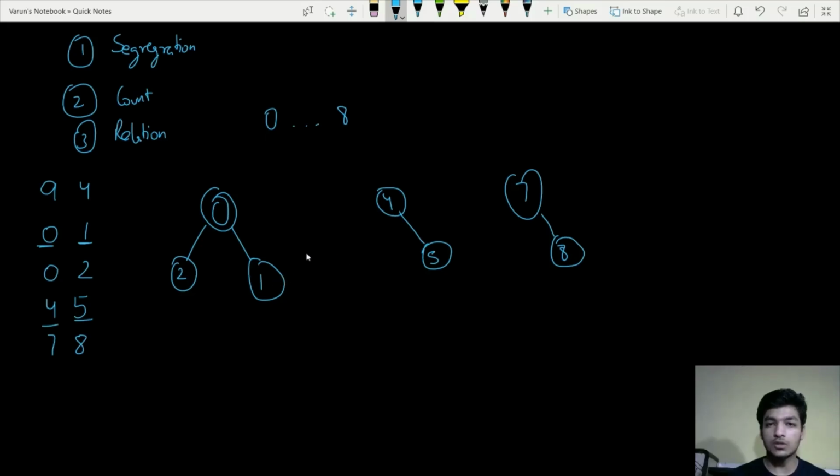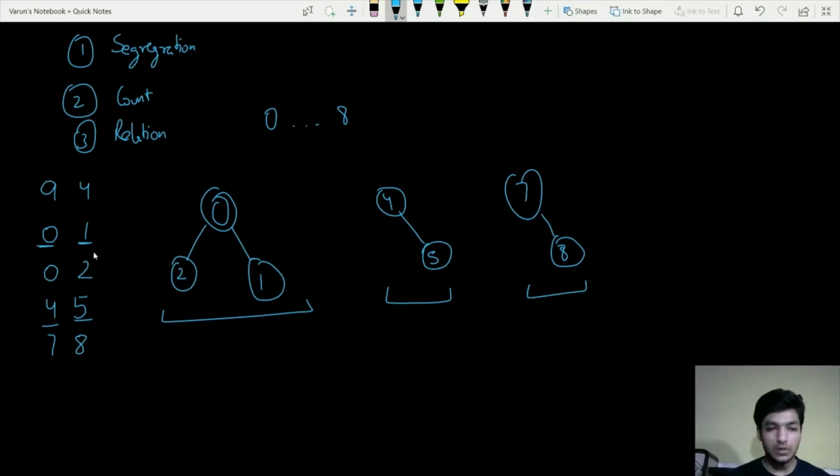If two astronauts belong to different countries, they'll have different components. So each component will denote a country, and the elements in that component represent the astronauts in that country. So segregation is done, the graph is made.